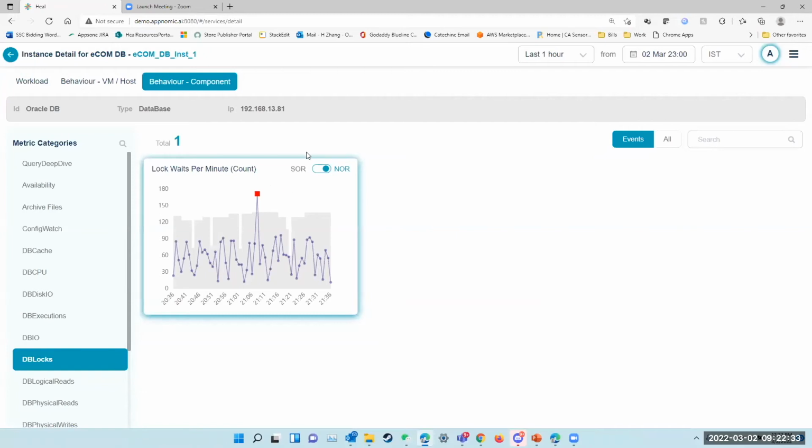Through the heat map, you can click on things which are red and pink that tell you something is wrong and something you should be aware of. Now, in this case, you can see logs per minute count. It went beyond and exceeded our dynamic threshold. And this is also a feature that I want to talk about, because a lot of times when you're dealing with many different tools,